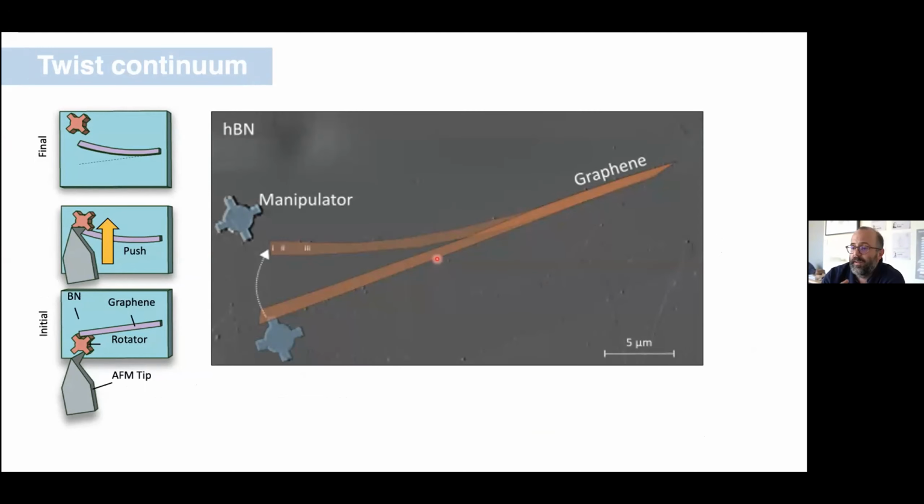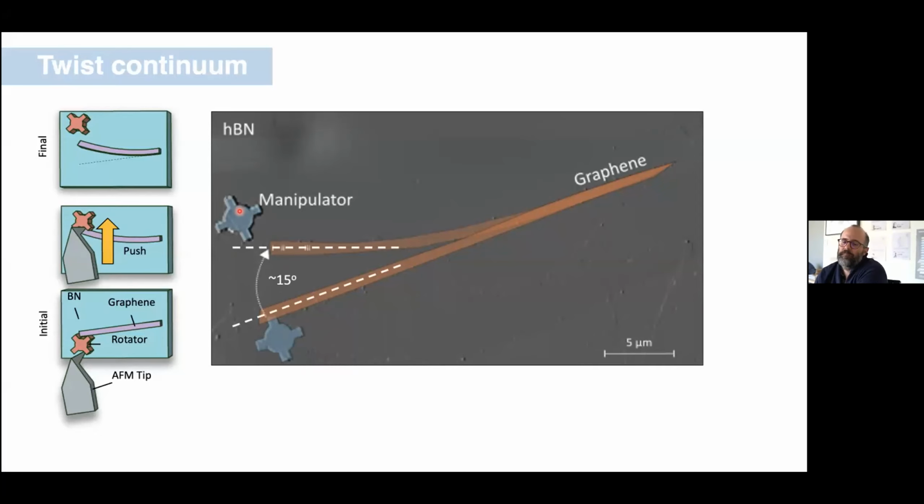So we do this experiment, and absolutely we can do this. So here's the images, an overlay of 2 images before and after. The straight is before, we take this handle, we push on the edge of this, and we bend it into a shape. And the amazing thing here is we can push this handle in place, bend the ribbon, remove the handle, and the ribbon stays bent. It turns out there's enough friction in the system to hold its shape once we bend it. I wouldn't have necessarily predicted this, but that is in fact the case.